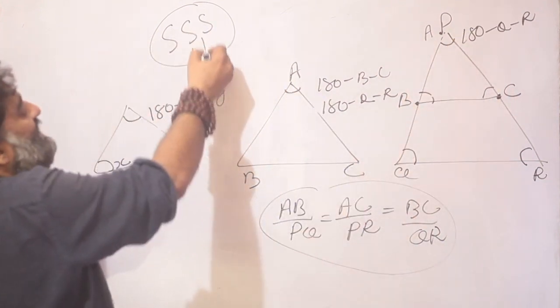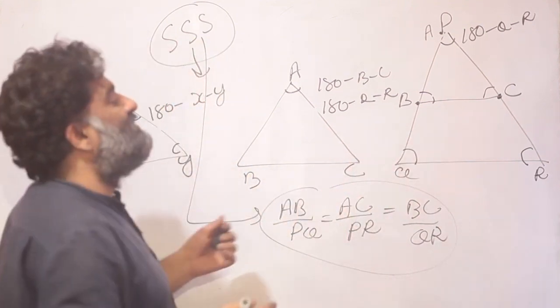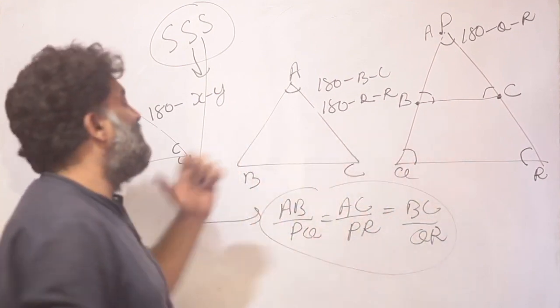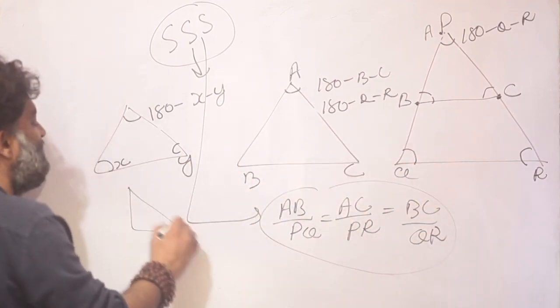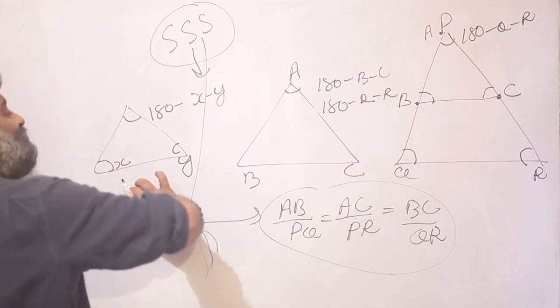That means if somebody gives me this piece of information that I have two triangles, and remember, this is while understanding, so I have created two separate triangles. In your real life problems, all the triangles maybe will be inside another triangle. So you will prove this triangle is similar to this triangle.